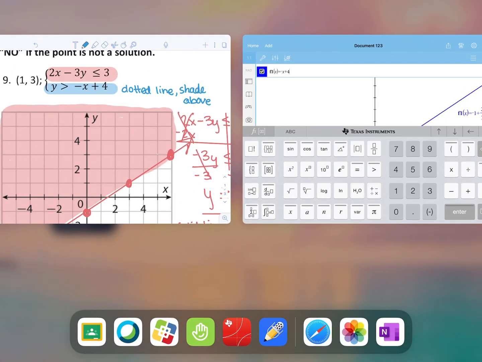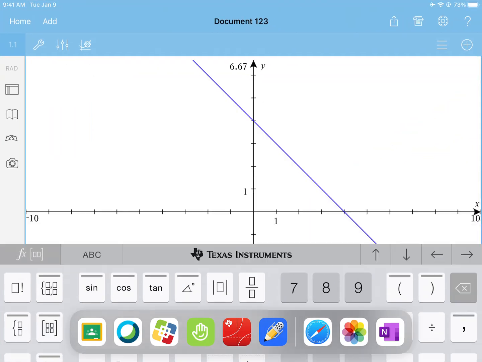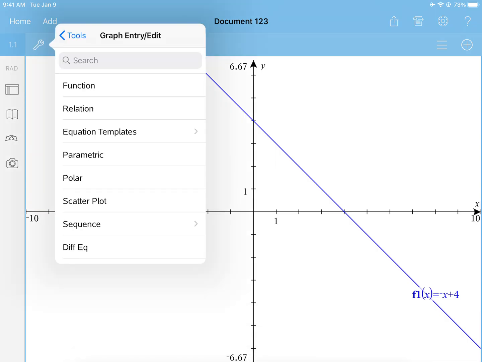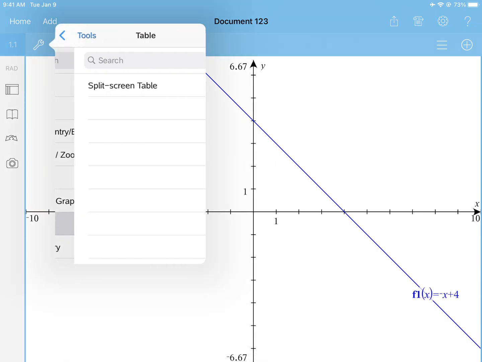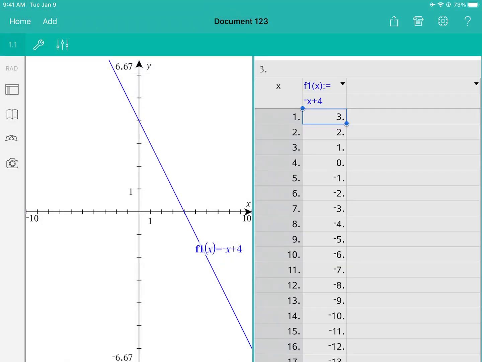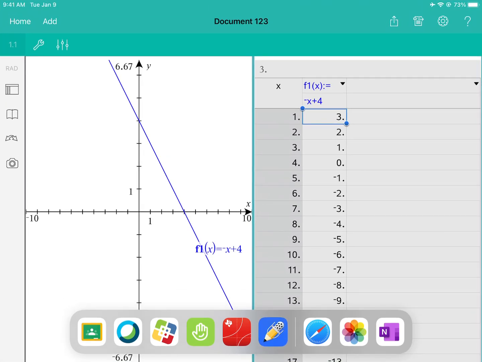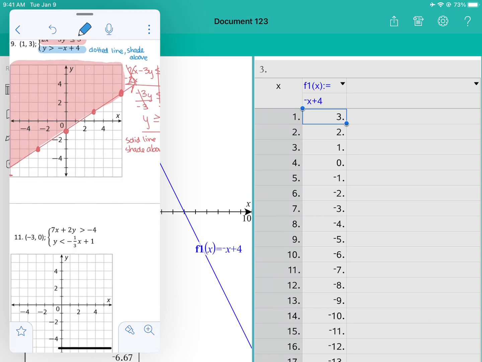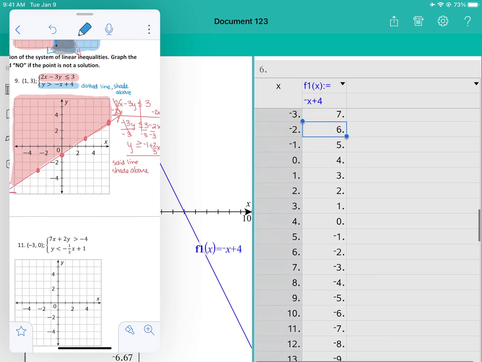Okay, so it was -x plus 4. So there we go. Again, Control T for the table, or menu, table, split screen table. Put the notes on top. See how it's a never-ending process? Okay, and I'm going to plot